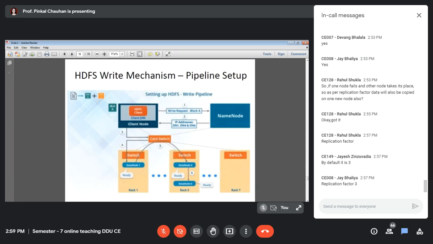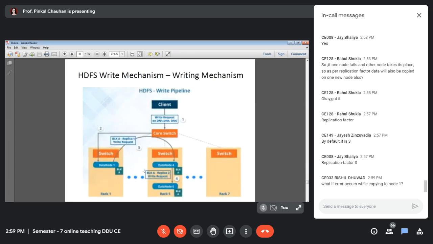So the write operation takes place in different phases. The first phase is the pipeline setup, and then the actual writing takes place. You can see here the write request is created, and data node 1 copies this block A and then sends the write request to data node 4.